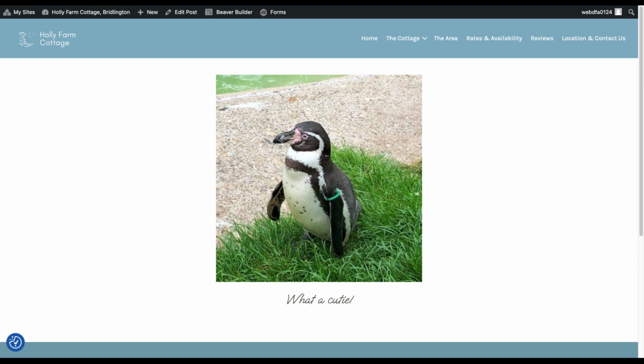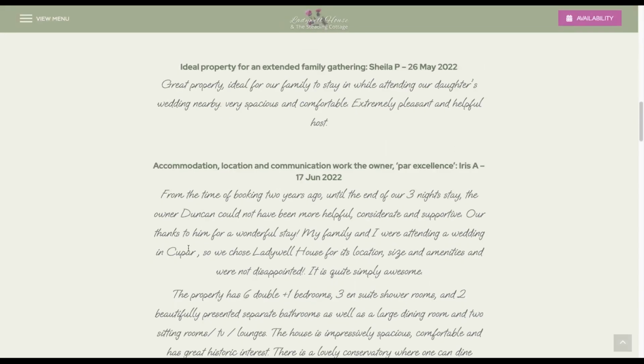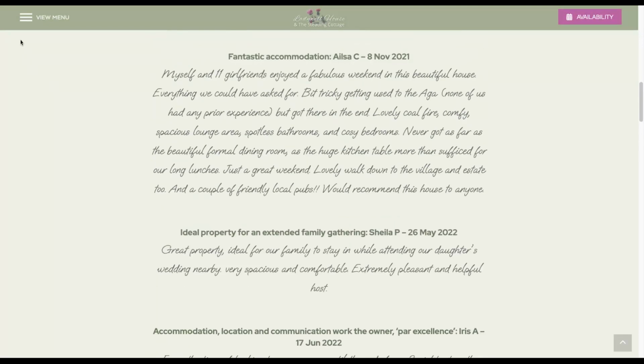You'd be amazed at what a difference it makes adding fresh content periodically in the form of reviews, photo blogs, normal blogs, and those landing pages. And it's so easy to add a new landing page. So to give you an example of what you can do throughout your time as an accommodation owner, over the coming years, things are going to happen in the area, like maybe a new attraction will open or a new wedding venue will open, and you see that quite a few of your guests are coming because they're staying at a wedding venue. So, going back to the other site,